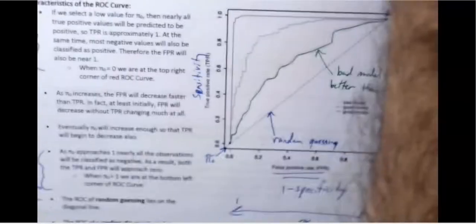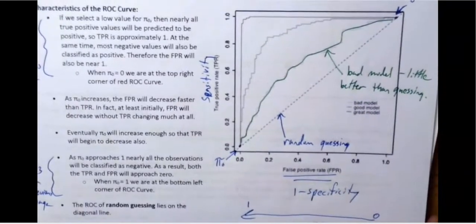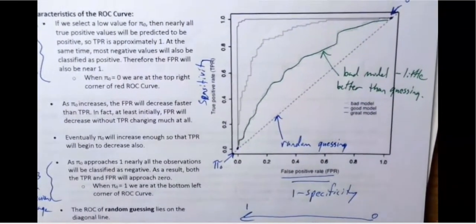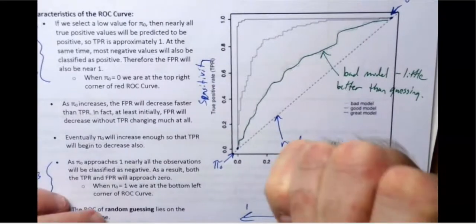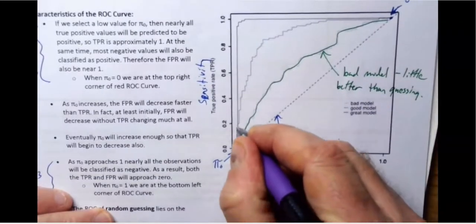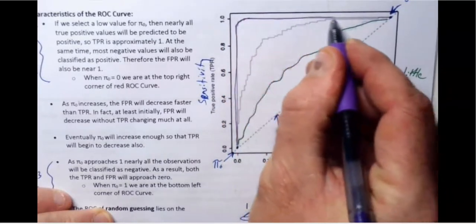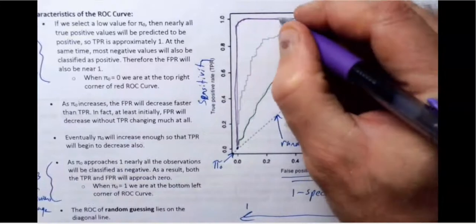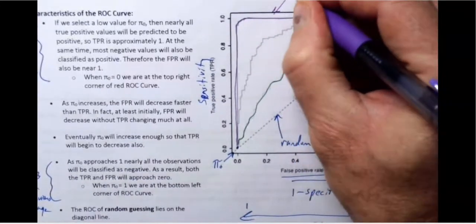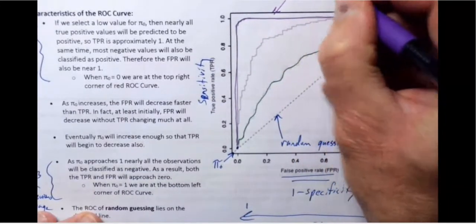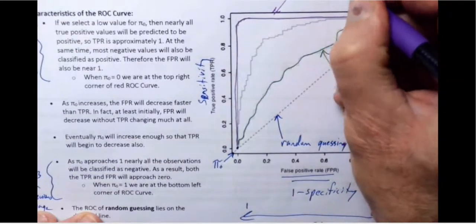This top curve, you can see it goes all the way up here into the upper left corner. This curve is almost perfect. It's an almost perfect model,